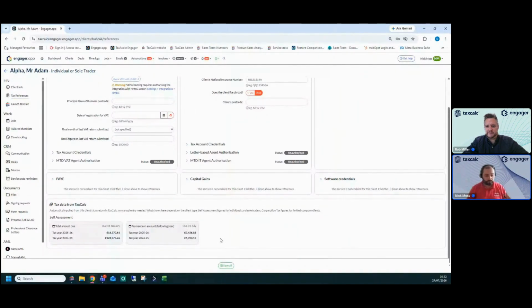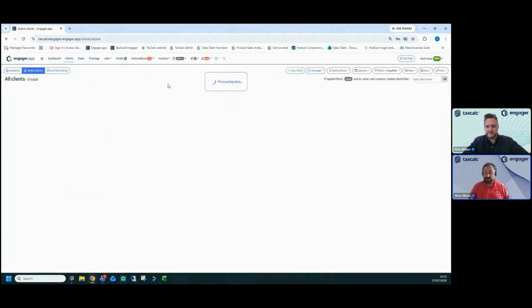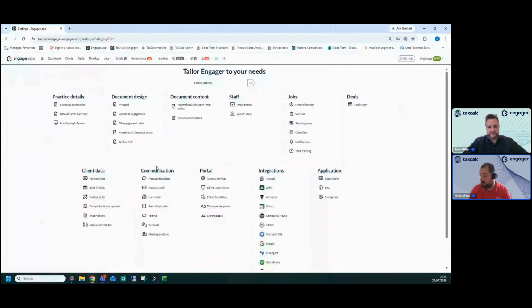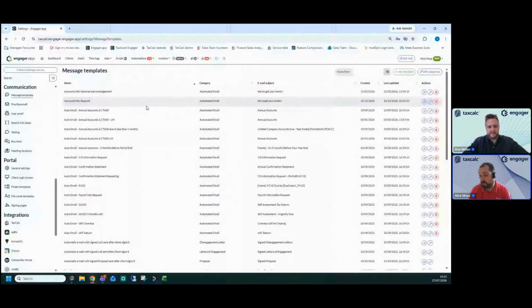So once you've got that data in Engager, it's now setting up the email template. So it's no different than an email template that we used to in Engager already, if you're used to sending emails out of Engager. So if I go to my settings section by clicking on my name in the top right corner of Engager, and then clicking on settings, and then in the communication section of the settings section, I can then go to message templates. And within here, I have created a new message template by clicking new template in the top right corner called